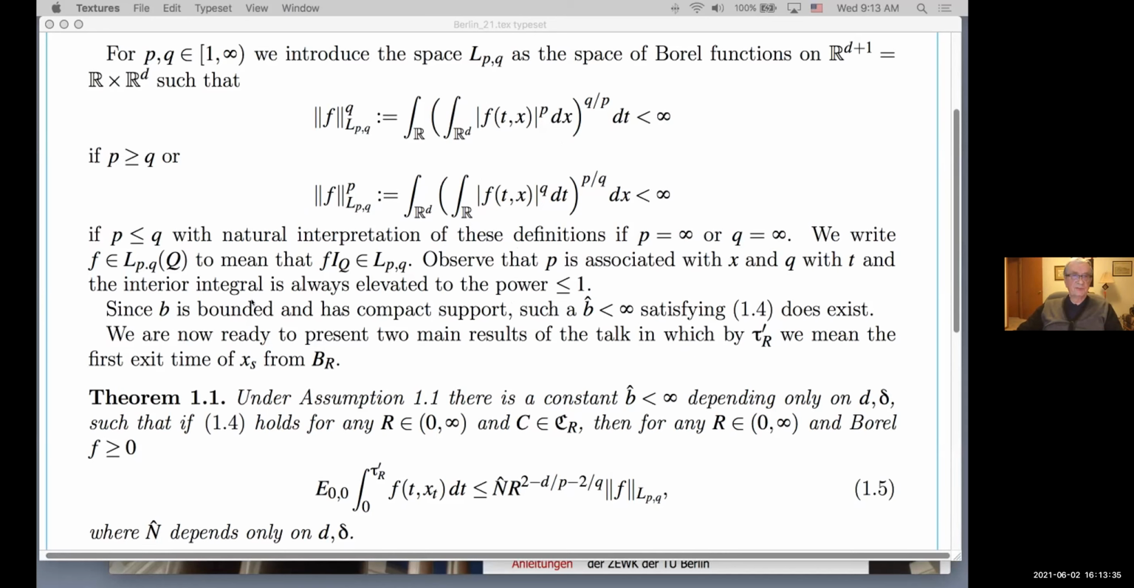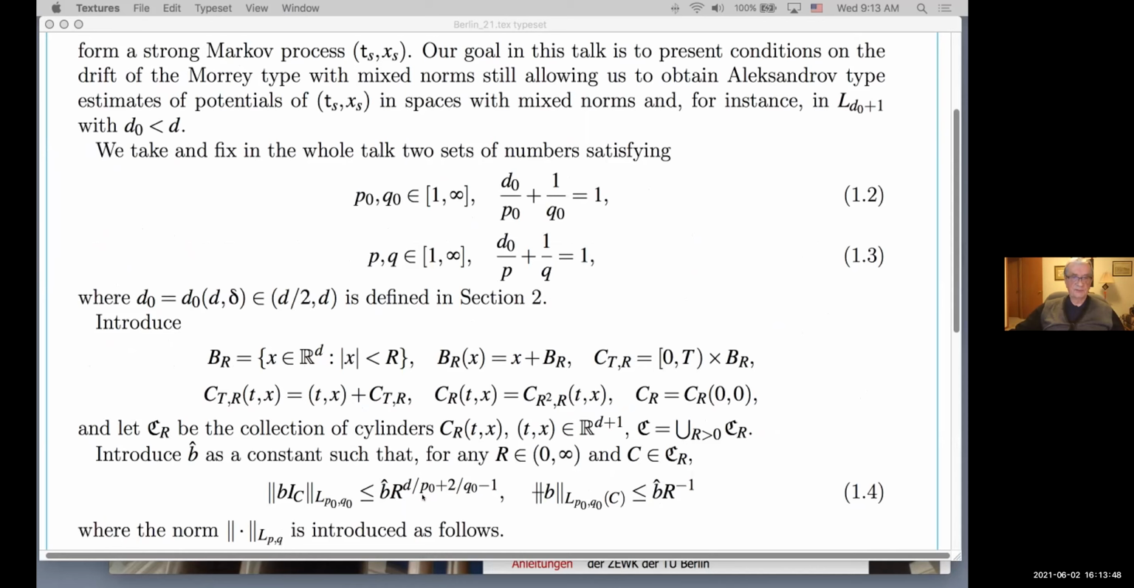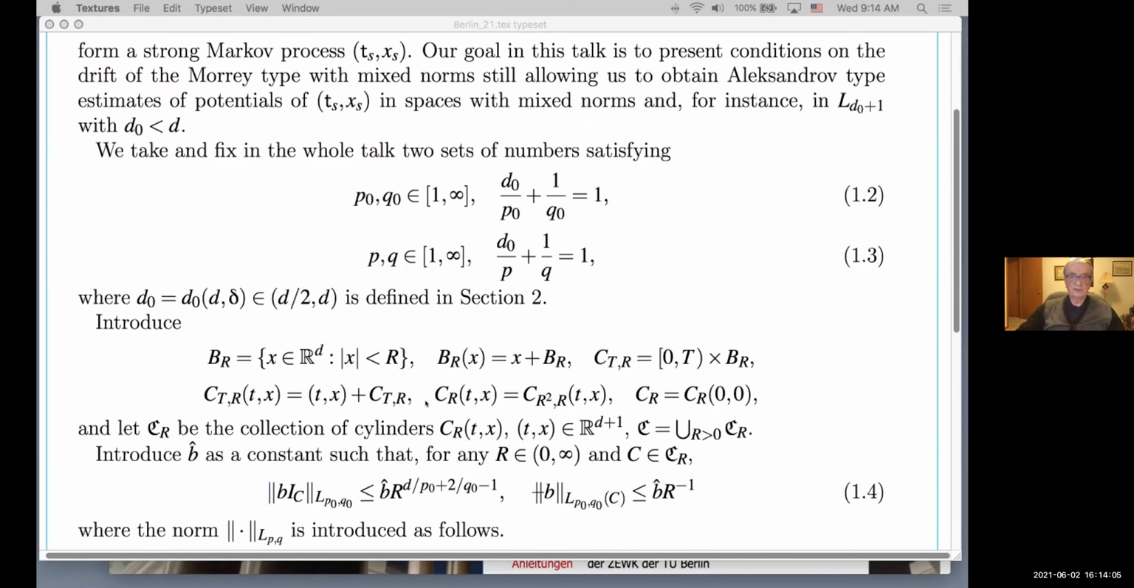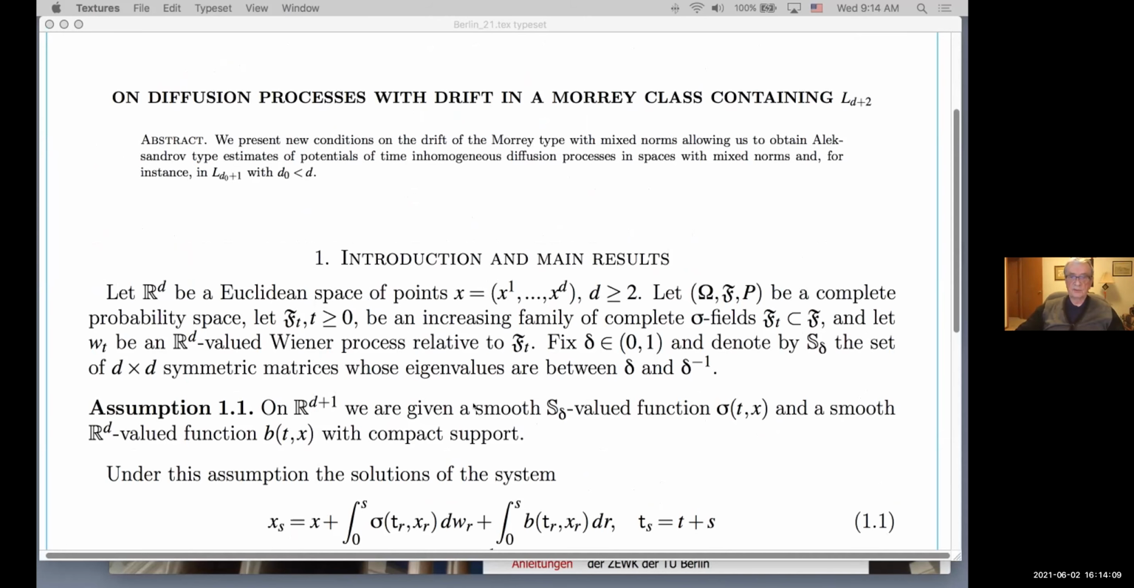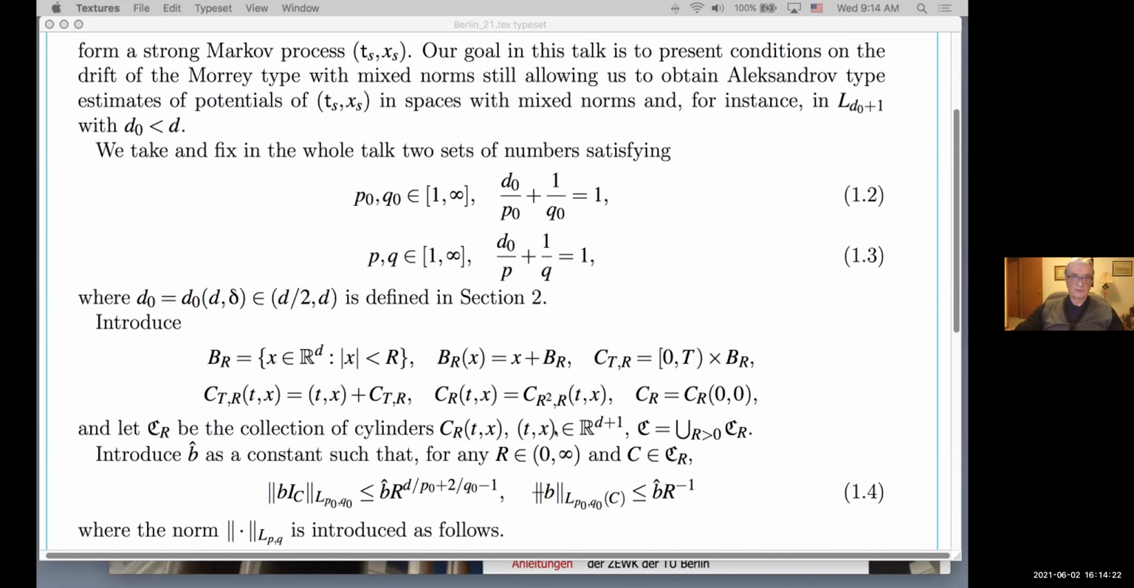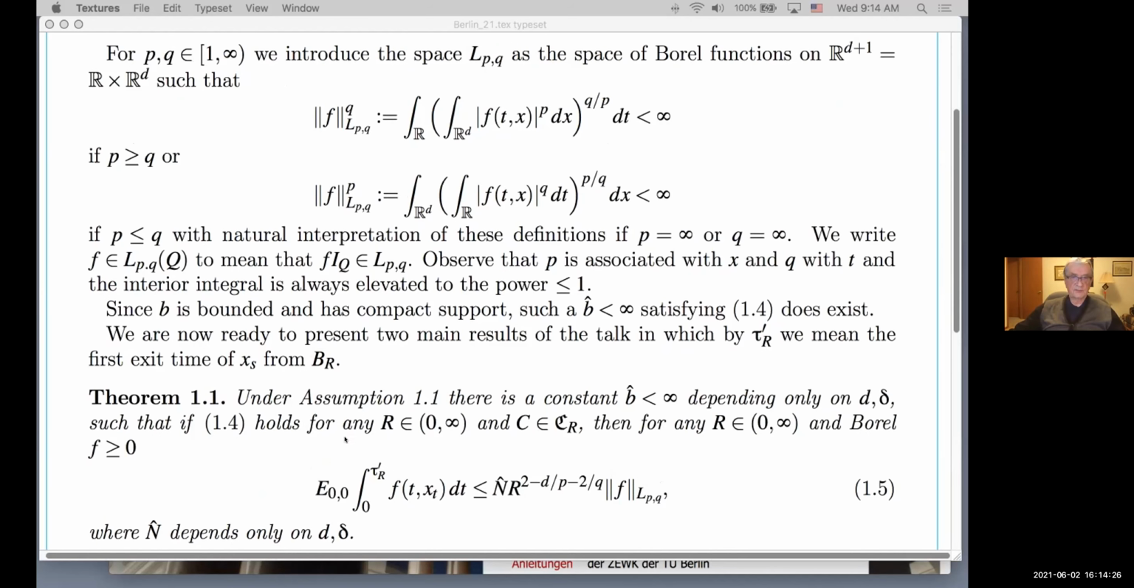By the way, since B is bounded and has compact support, such a B hat satisfying this equation exists. So under assumption 1-1, which is more or less nothing, that they're smooth and have compact support, there is a constant B hat depending only on the dimension and delta, such that if this condition holds for any R in (0, 1) and for any cylinder, then for any R and Borel f, we have this estimate,